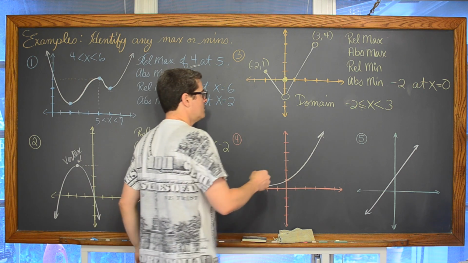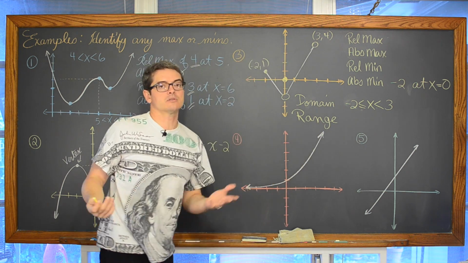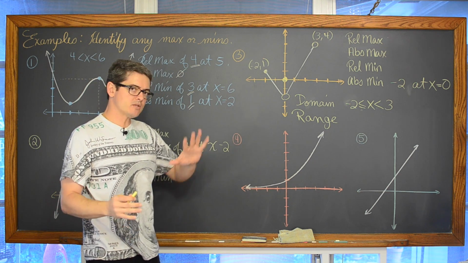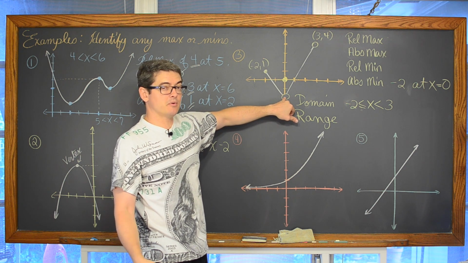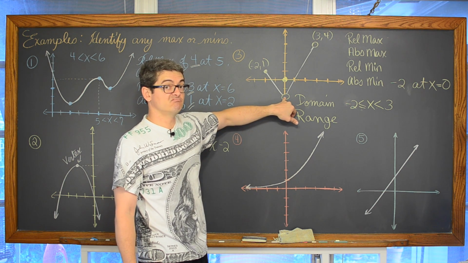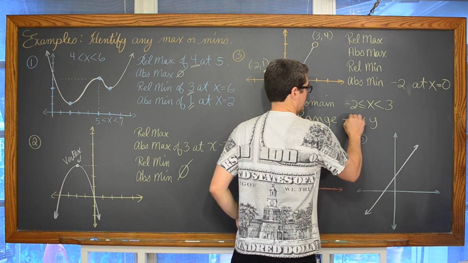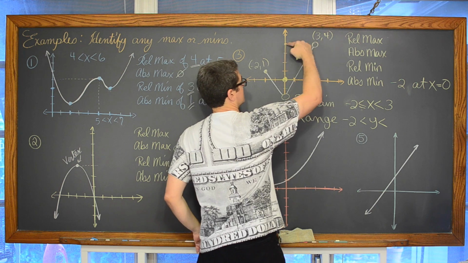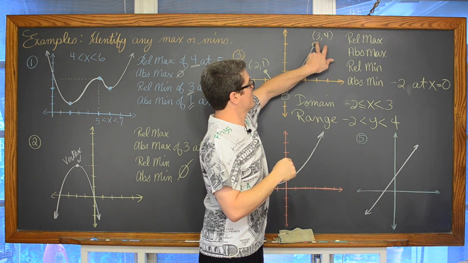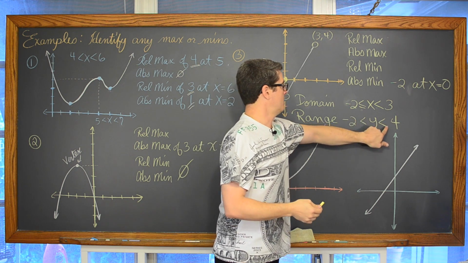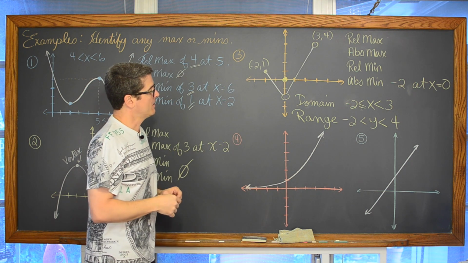The range, what y values are included in this graph? At least the way it's drawn right now. Do we have a y value of -2, or does it just approach a y value of -2? It's an open dot. So our y values are going to be greater than -2 and less than, not actually reaching, that point of 3, 4. We're approaching that open dot of 3, 4, which means that x value of 3 and that y value of 4 really can't be included.